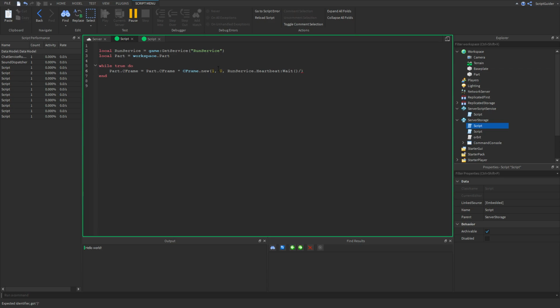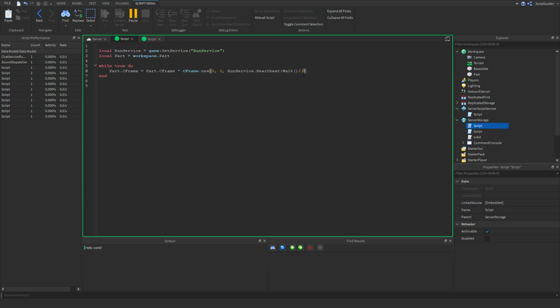So 1 in the x direction is 1 stud. So I'm going to divide this by how many seconds I want this part to take to move some amount of studs. So I want this part to move, well,